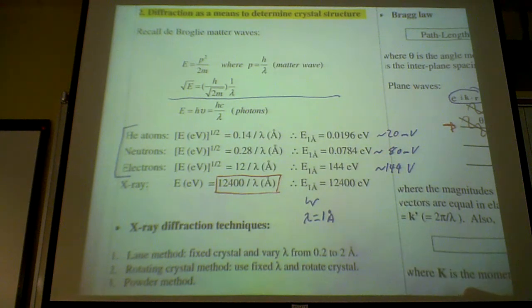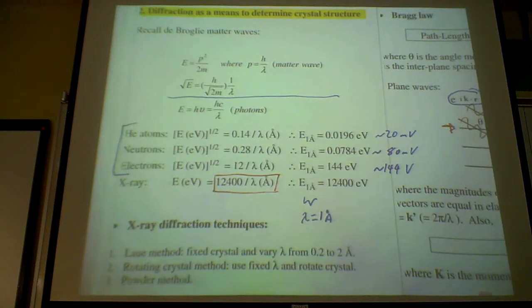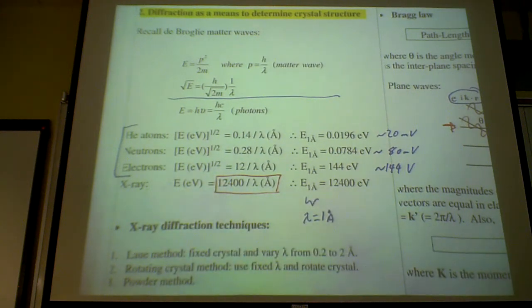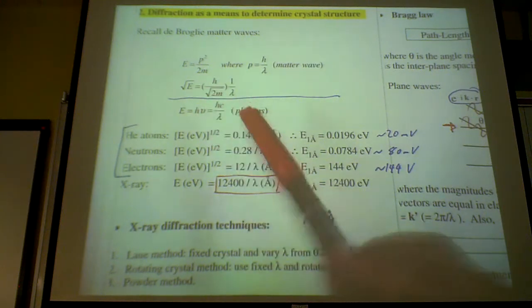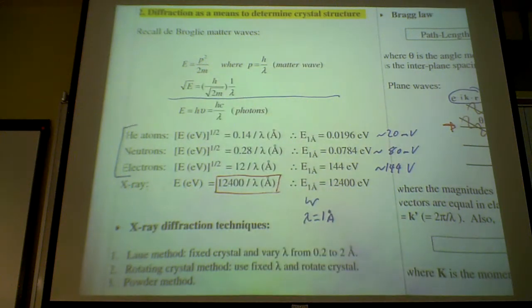Now, for surfaces, people have used electron diffraction, and you do the same thing. You put the mass of the electron into here, and you calculate what this factor is, and it turns out to be